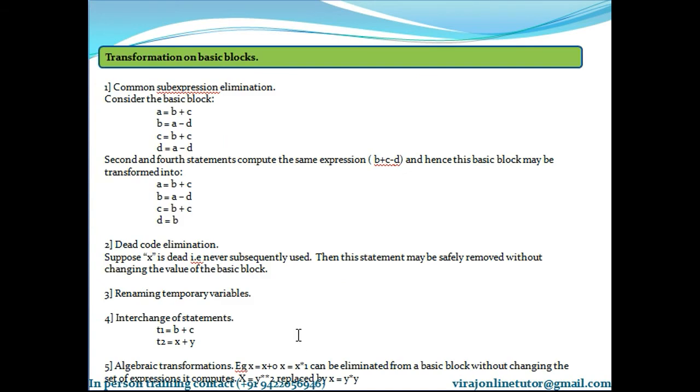So now let's learn what the different transformations available on the basic blocks are. First is common sub expression elimination. If you find common sub expressions, how to eliminate them, let's learn that. So consider the basic block which I have shown here.